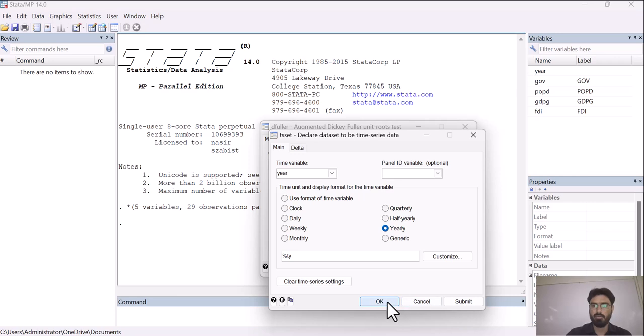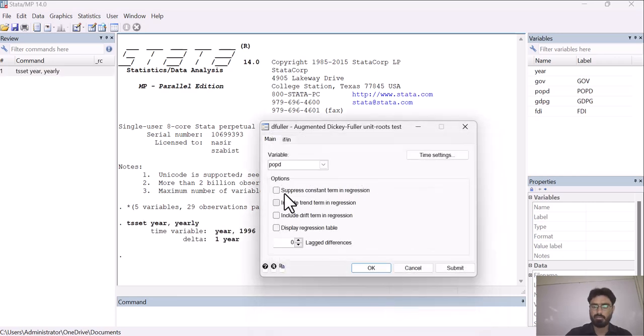Then click on OK. Here there are different models showing: include drift, include trend, and suppress constant term in regression. Drift means you are including the intercept or constant term, and suppress constant means that no constant term is included in your model.